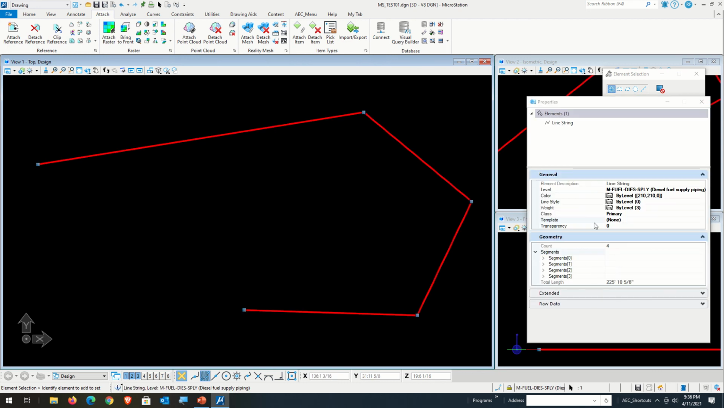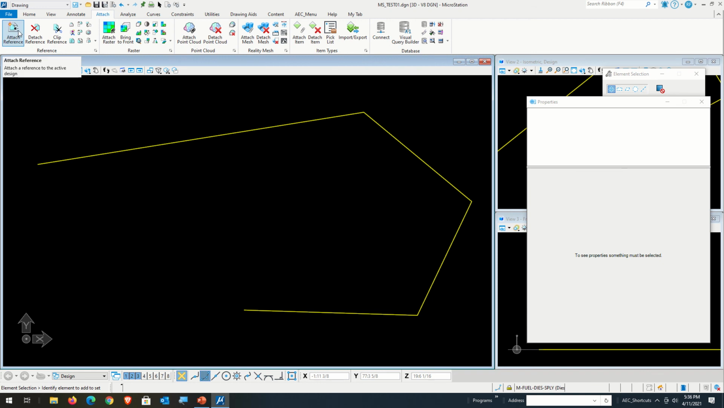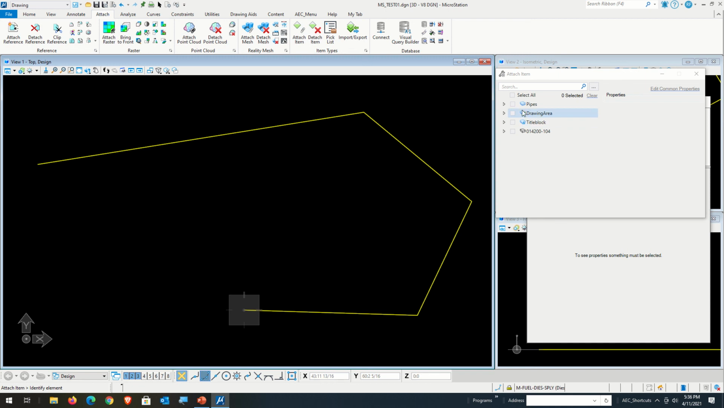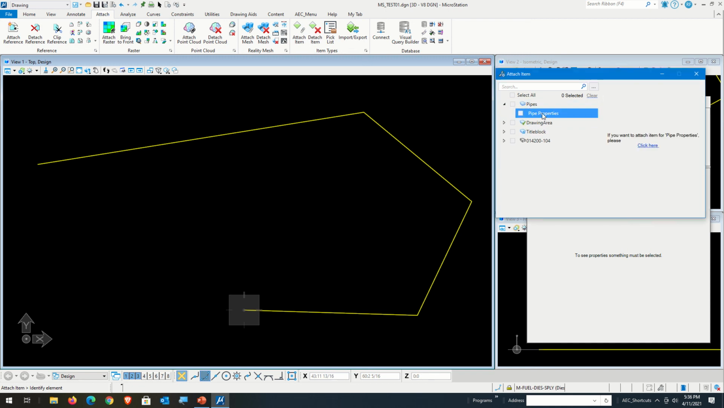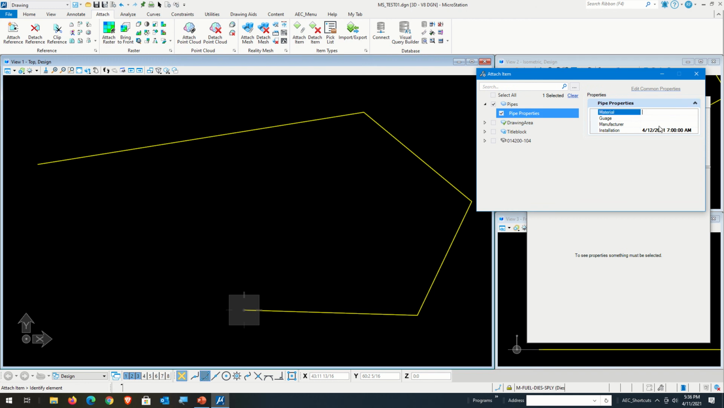If I look at the properties, my pipe doesn't have any of that information. So what I have to do is come over here to attach item, and notice that my pipe properties is available to me. I turn that on, and maybe I say this one is steel pipe, 12 gauge, and manufacturer is maybe American copper. Well, it wouldn't be, let's just call it American steel, because it wouldn't be American copper doing